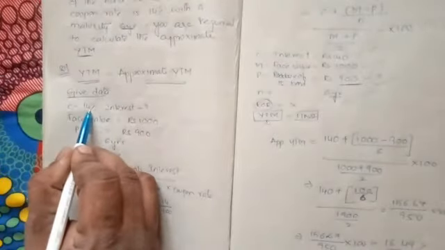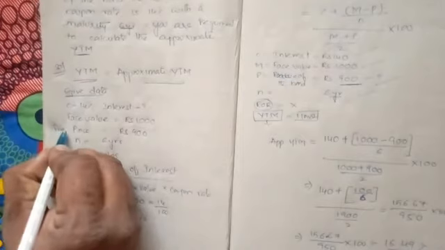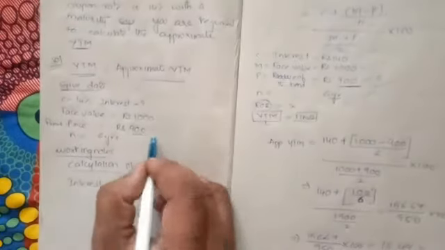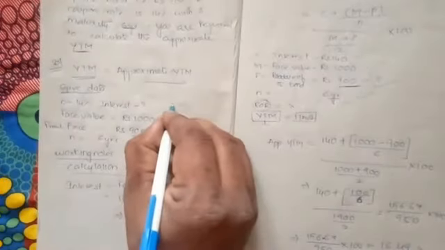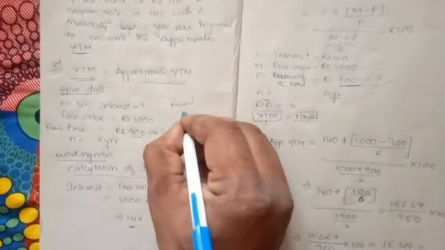When we summarize the entire question, we get the given data. C is equal to 14, meaning the coupon rate is 14%, face value is 1000, present price is nothing but the present value of the bond, 900, and N is equal to 6 years. In the previous problem, we found the present value of the bond, where he had given us the required rate of return. But in this problem, he has given us the present value of the bond and wants us to find the YTM, the yield that you have generated.